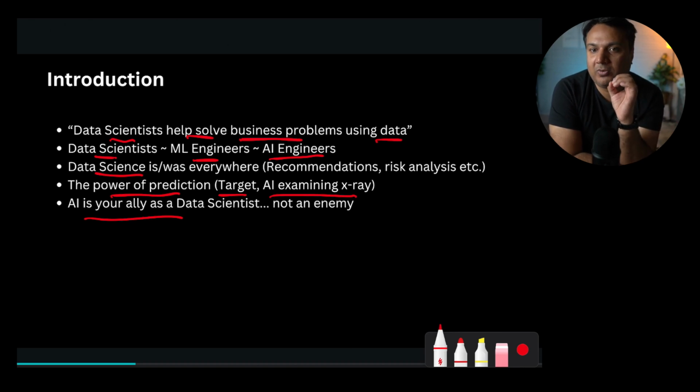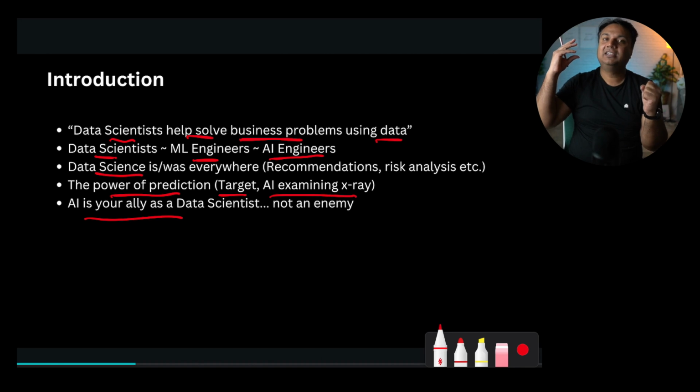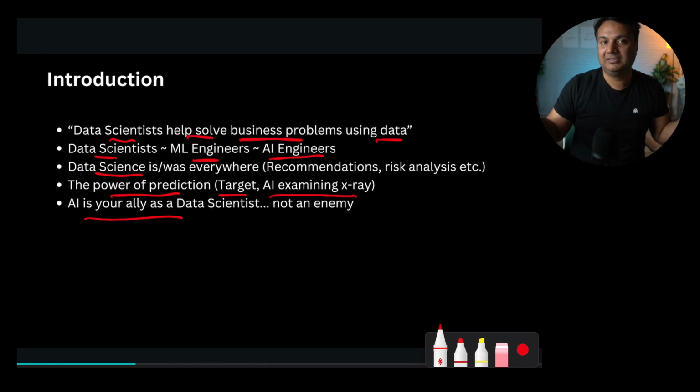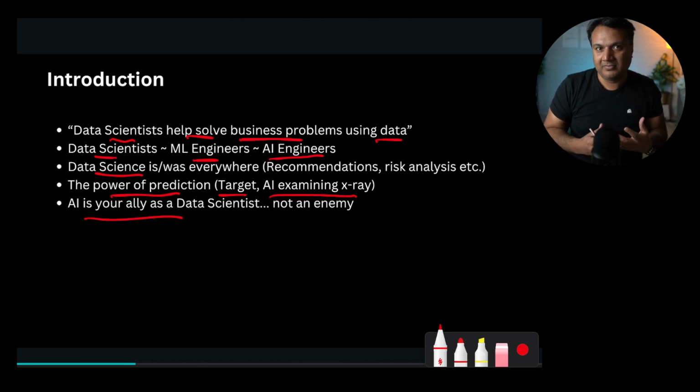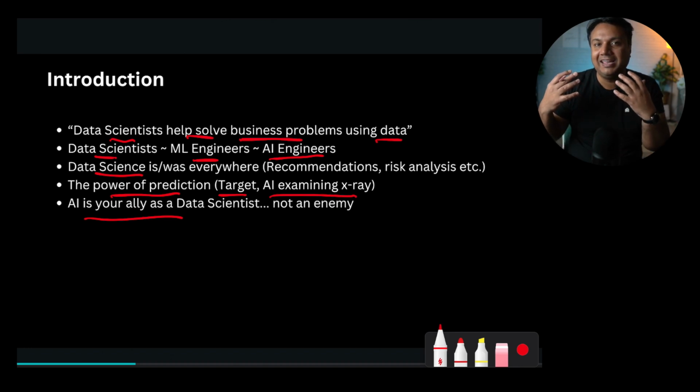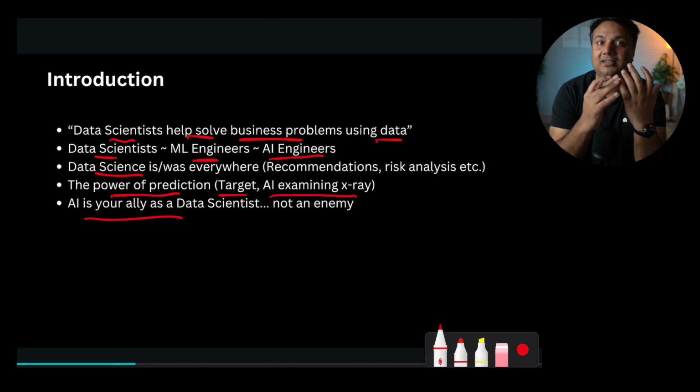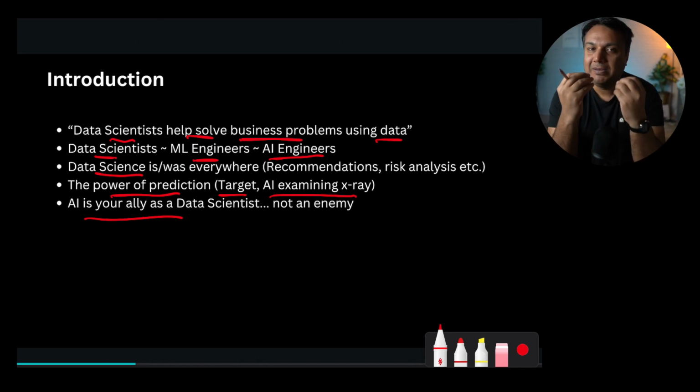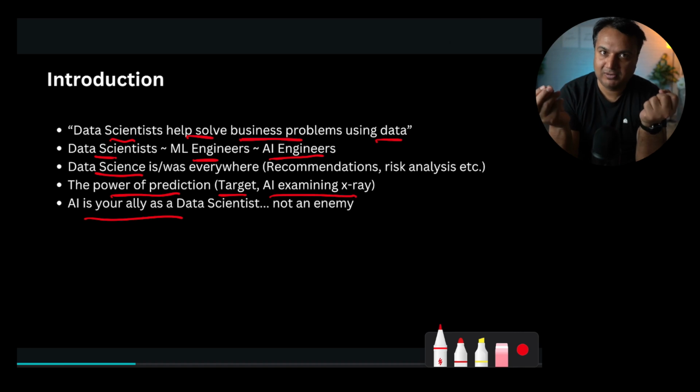But I just want to demonstrate that AI is your ally when you are becoming a data scientist, because you will be using the latest advancements in AI to solve business problems. And if there is any transformation going on because of AI, you will be part of it. And in future, as more AI-related transformations happen, more data scientists are needed. So AI is actually your friend when it comes to data science. You'll be using a lot of AI tools to implement and solve some interesting business problems.